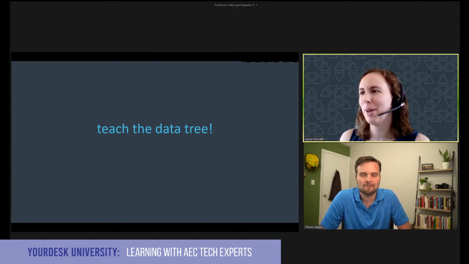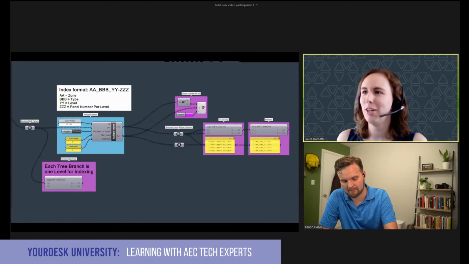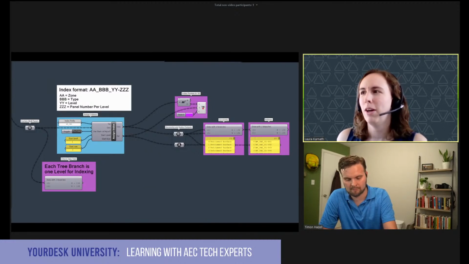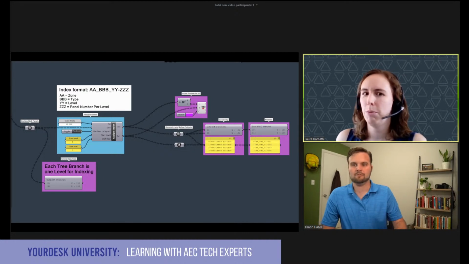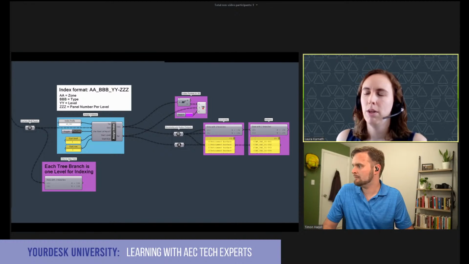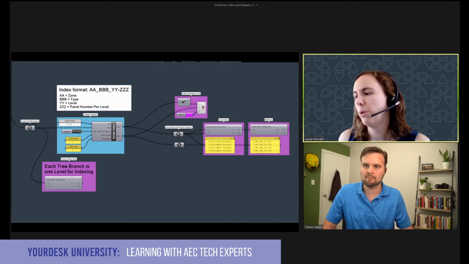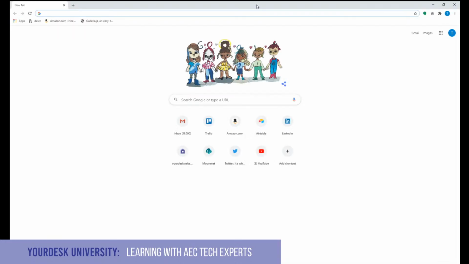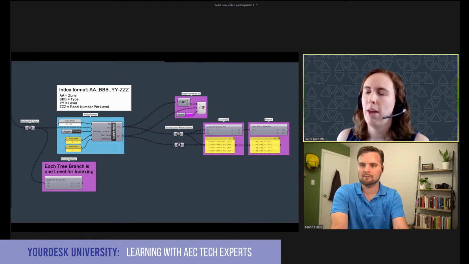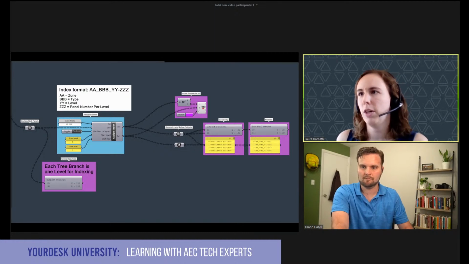The way I start getting people into the data tree on projects is through the indexing that we use for interoperability. We do a lot of interoperability with analysis software for steel framing and all of that, or in the past, we've gone to Revit with curtain wall panels and that sort of thing. Our interoperability tools require that every piece of geometry we add has an index with some little 2 or 3 character codes that mean something relative to the project.